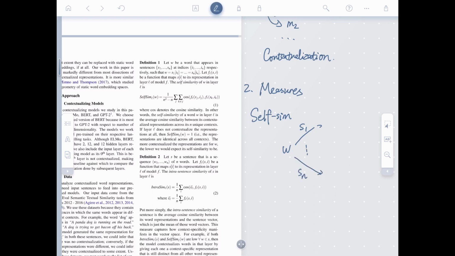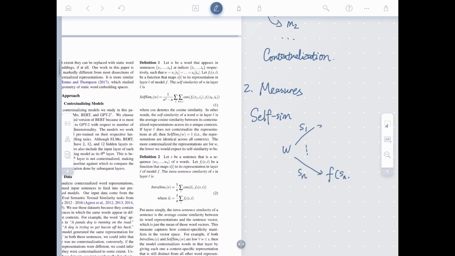In each sentence, the word under the context of sentence s_i is represented with the contextualized word representation f of s_i,